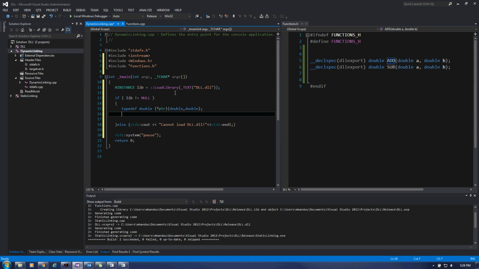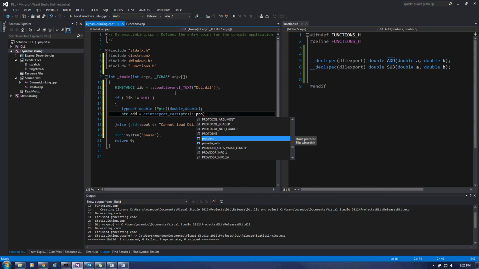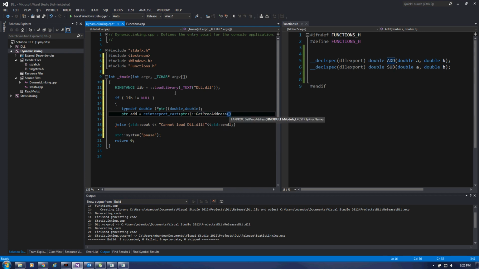Okay, and here what I'm gonna do, I'm gonna create a pointer to the add function, called add, with a reinterpret_cast to the pointer type, and I'm gonna call the function GetProcAddress. There you go. And this function takes the pointer of lib, the instance, so it's gonna take this pointer and the name of the function. Okay, before going further,